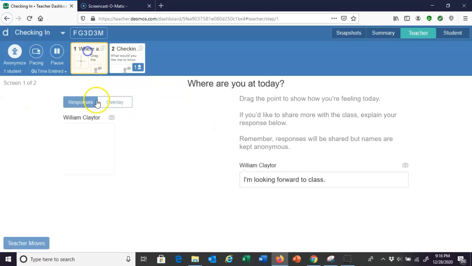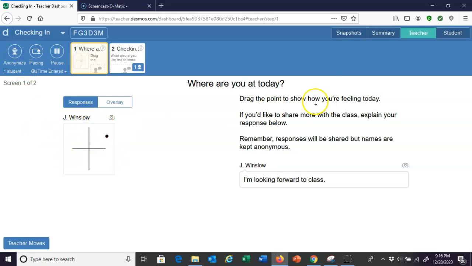Another cool thing before we go is once you have more responses in here, obviously it's just me, just Jamie, but you can go to this little camera here and let's say, you know, you thought my response was really insightful and you wanted to make sure you shared it and talked about it. You could click this little snapshot and it moves it to the snapshot screen. So as you're sort of filtering through, maybe you decided not to screen share with everyone at this point, but you're scrolling through all the class options or responses